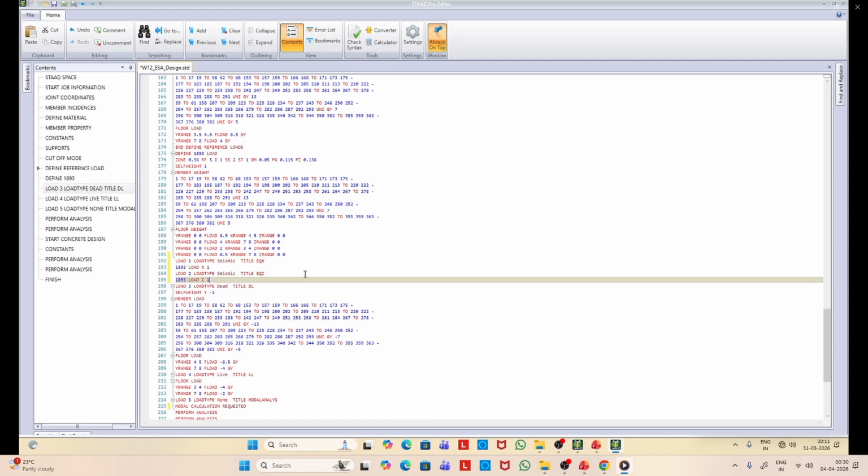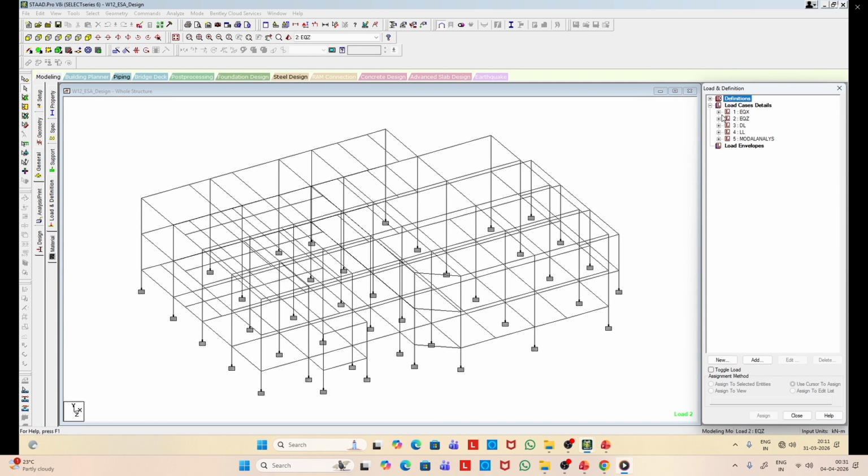So after the definition of floor weight, let us put these two seismic load cases. Now you can see these are the first two load cases, and then we have dead load, live load and modal analysis. Just note the load case numbers 1 and 2 are the earthquake along X and Z, then dead load 3 and live load 4.